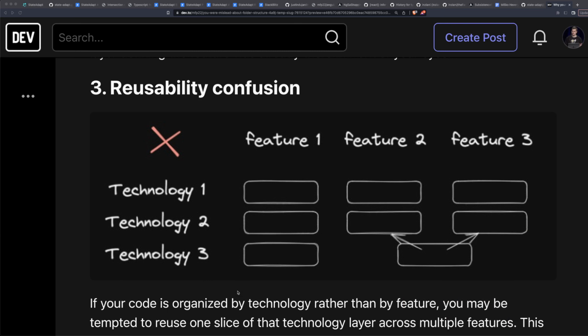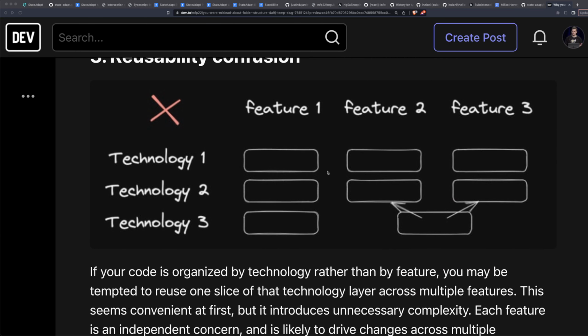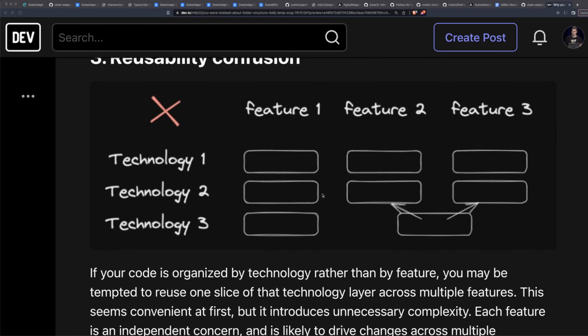Speaking of Angular and HTML and JavaScript, this is something I struggled with for a while, and I have learned since this. Basically, if your code is organized by technology rather than feature, you might see that slice of technology that you're using and want to reuse it across multiple features. It seems convenient at first, but it actually introduces unnecessary complexity